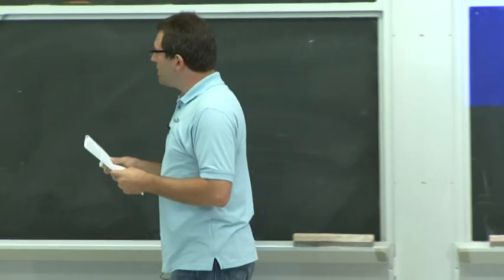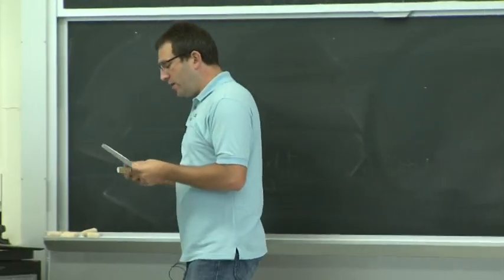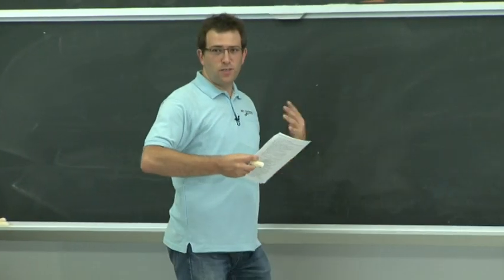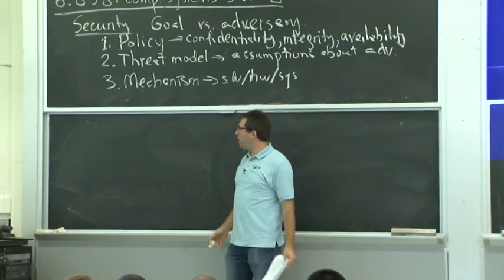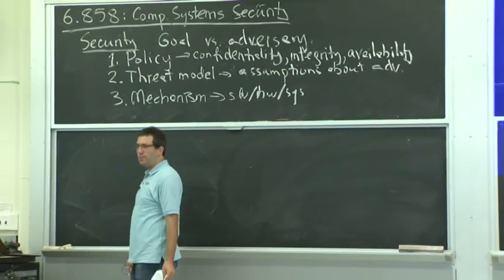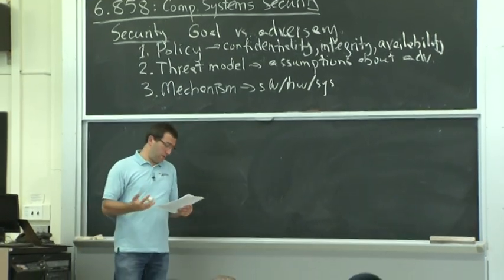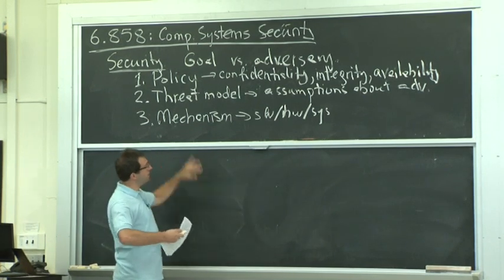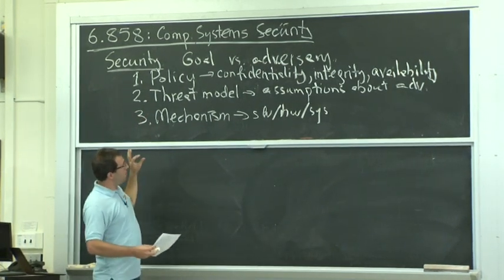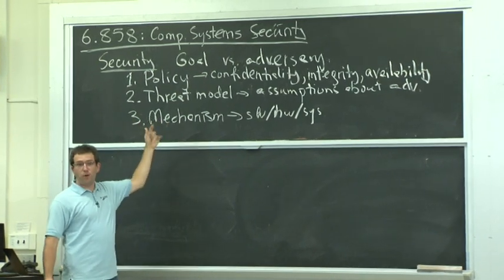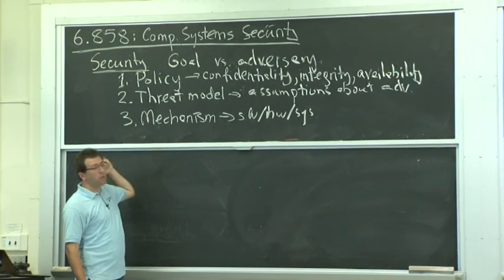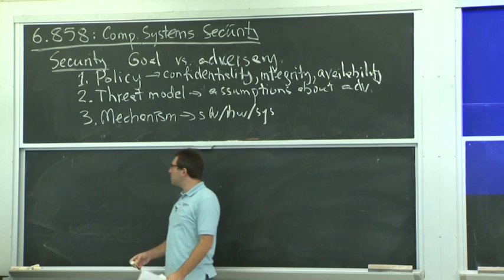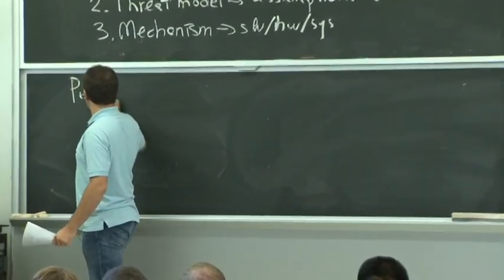All right. So in the rest of the lecture, I want to go through a bunch of different examples of how security goes wrong. Inevitably, it's useful to see examples of what not to do so that you can have a better mindset when you're approaching security problems. And in this breakdown of a security system, pretty much every one of these three things goes wrong. In practice, people get the policy wrong, people get the threat model wrong, and people get the mechanism wrong. Let's start with policies and examples of how you can screw up a system's policy.